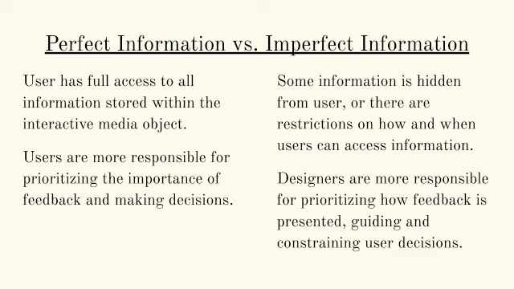Moving on, number 6, perfect versus imperfect information. I'll use a game analogy for this one. So in chess, which is an example of interactive media, it's not digital, but it is interactive, both players can see the whole chessboard all the way through the game. That's perfect information. There's no perspective or potential source of feedback that's hidden in chess. The skill of getting good at it is learning how to process and prioritize all of that potential feedback information and only pay attention to the pieces that are valuable to you